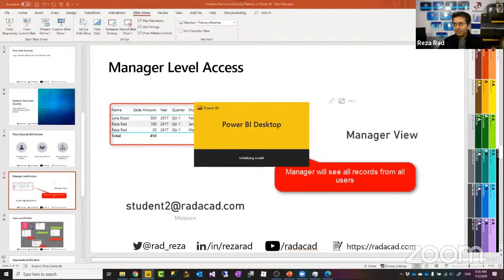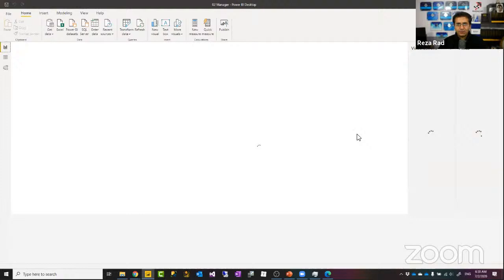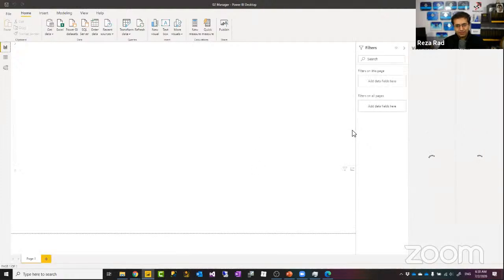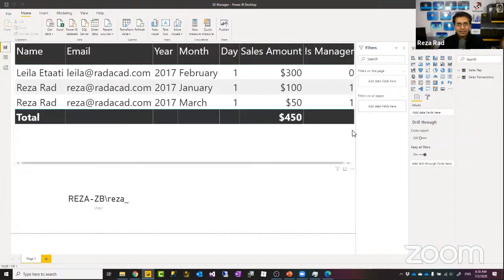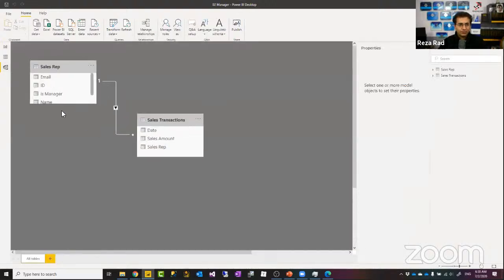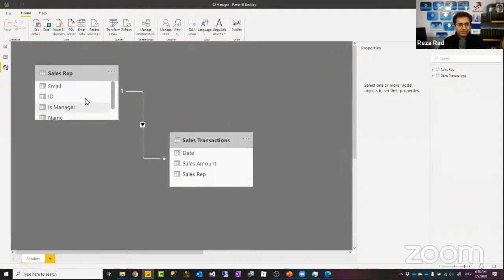What I mean by the manager level access is that everyone would be able to see their own data, like what you have seen in the previous example. But in addition to that, I want managers to see everyone's data. I still have those two tables. Let me make it bigger. Yep, I still have those two tables, the sales rep and the sales transactions.